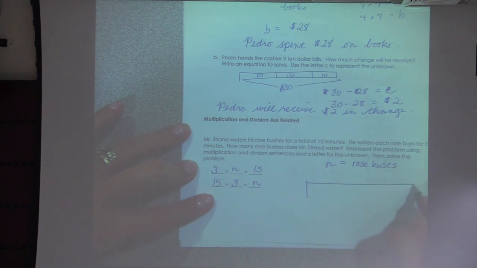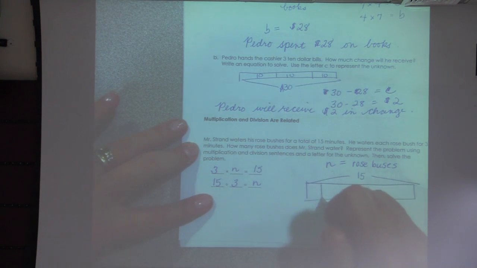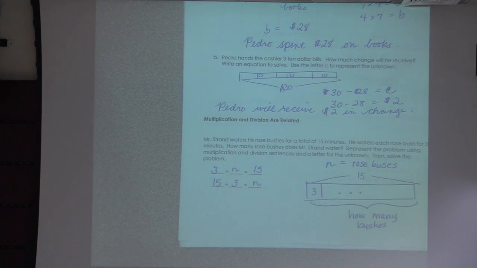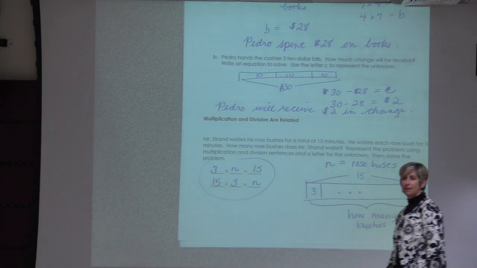And if a child didn't know it, you can come back here. He watered for a total of 15 minutes. He waters each bush for 3 minutes. How many bushes will there be? And sometimes they put the 3 dots in there. We don't know what the answer is. We know that's what we're solving for. So being able to take a real life situation and think of it as multiplication or division is really important,